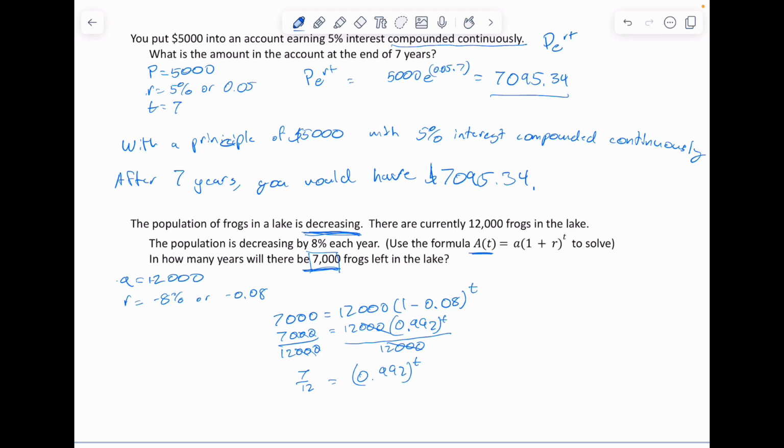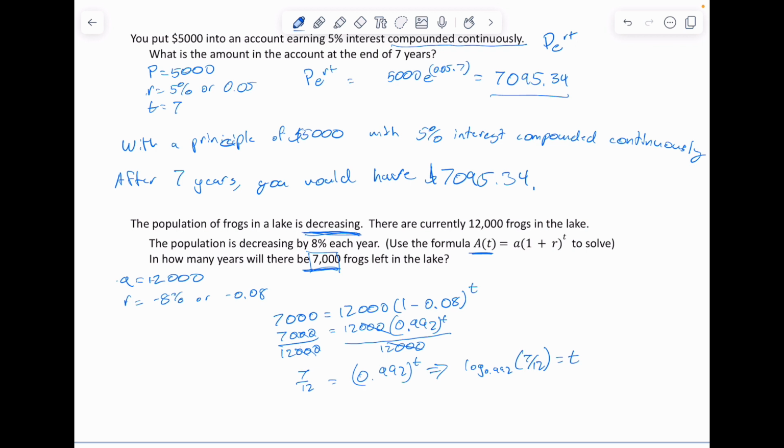So how can I figure that out, working with logs? This is exponential form. Can we convert it into a logarithmic form? That's going to be log base 0.992 with the argument of 7/12 equals t. This one I can put into a calculator, and I encourage you to use a calculator because